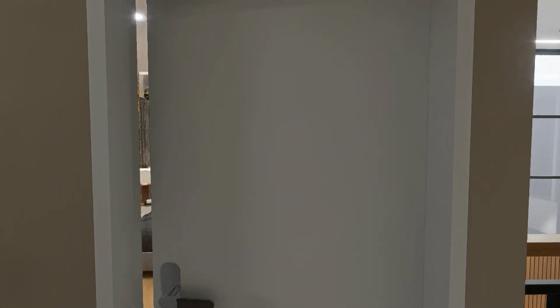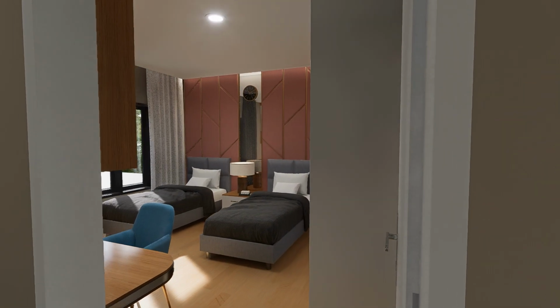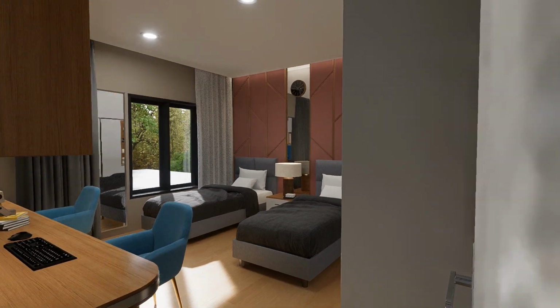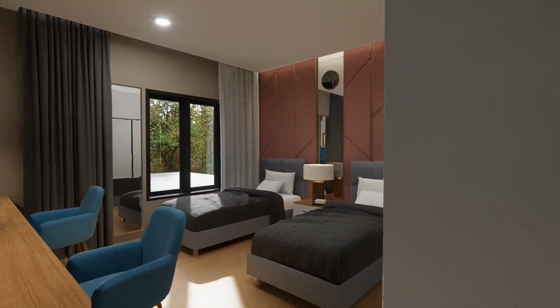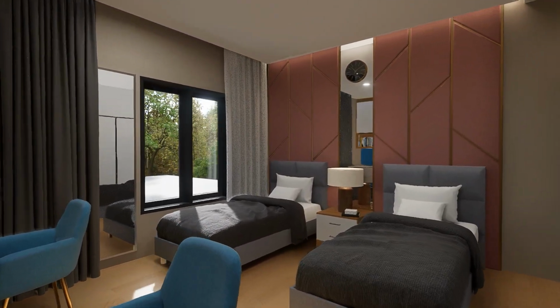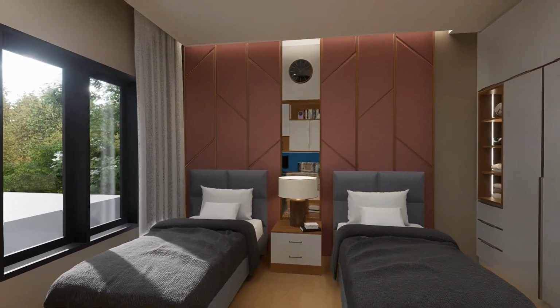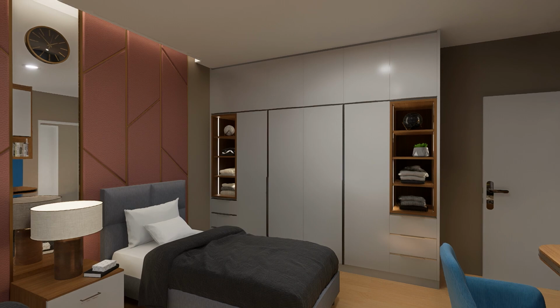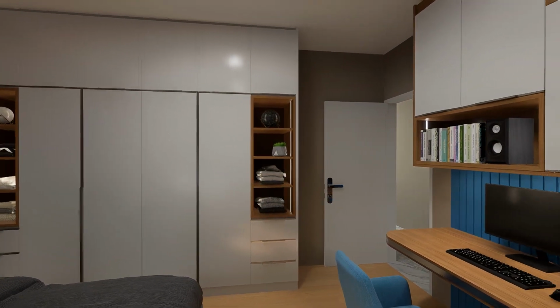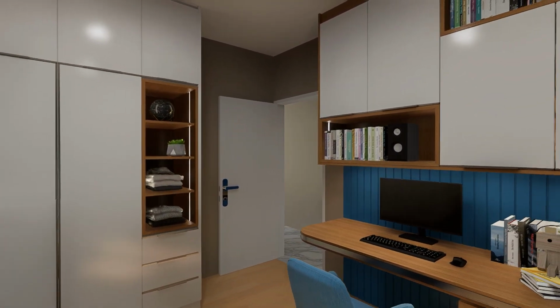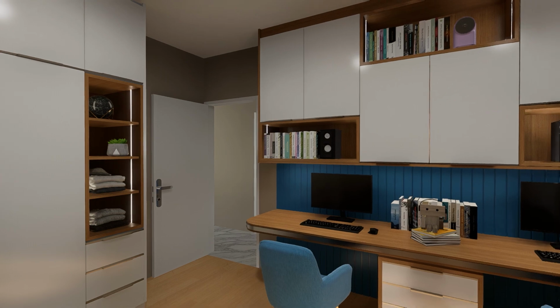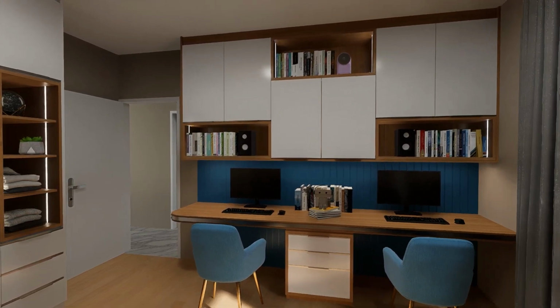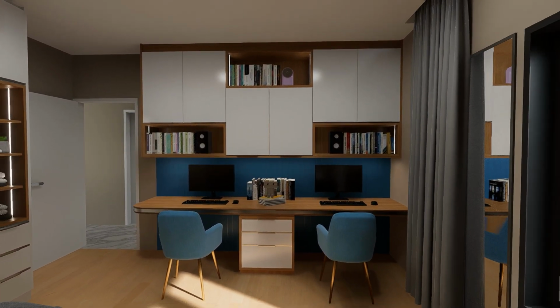This first room is for the girls, the first and the third to be exact. For the headboard design, I used leather panel accents with red maroon color and with gold colored trims. The original color theme for this room was pink, but it turns out that none of my girls like pink. That is why I changed the color to indigo.